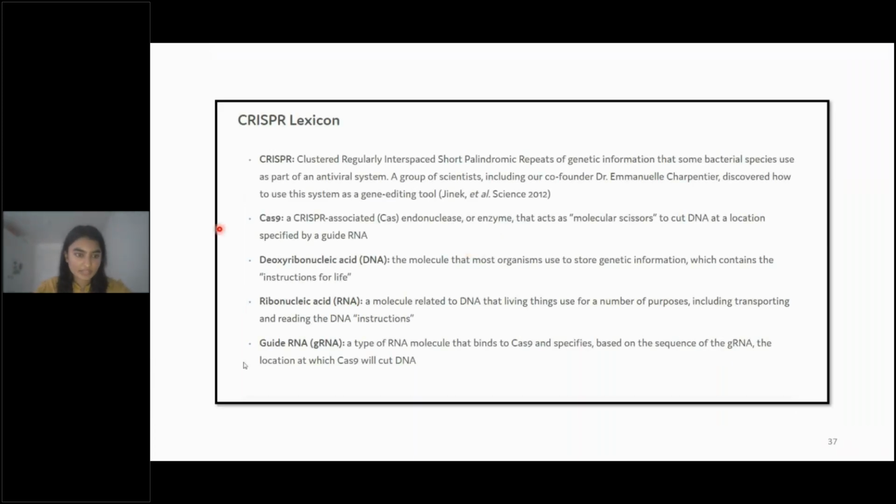So there are some phases. There is CRISPR, which we call clustered regularly interspaced short palindromic repeats, and a group of scientists. There is a co-founder, Dr. Emmanuelle Charpentier, and also Dr. Jennifer Doudna. They both got the Nobel Prize for this CRISPR in, I guess, 2020, if I'm sure. Yeah, in 2020 they got this Nobel Prize for finding CRISPR.